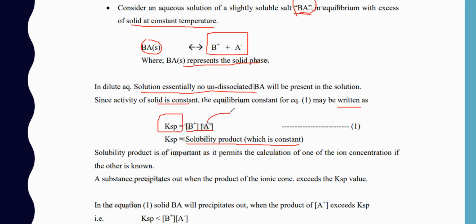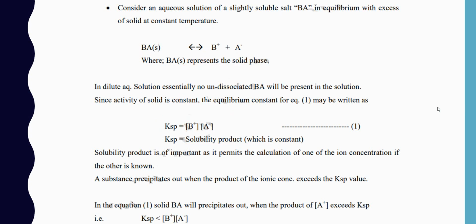In case we are increasing the concentration of one of the ions in that solution, the other will precipitate out, or if we are increasing this, then the other will precipitate out. Why will this happen? Because these are present in an equilibrium state, so a slight change will also result in the precipitation of that salt. This is conveyed here.